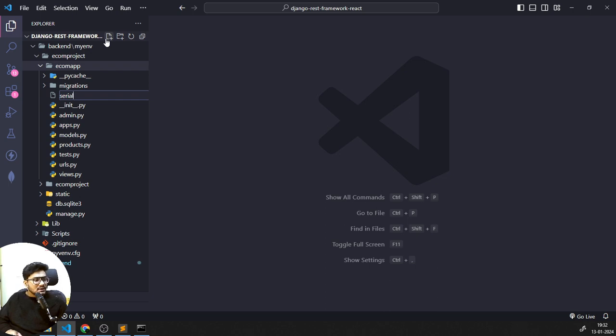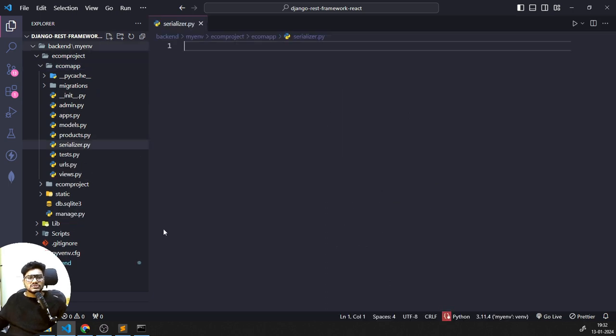What is the spelling, serializer? I get confused because I'm very weak at English and spellings, so I'm just going to look and type it. Okay, serializers.py file. We have created a serializers.py file where we are going to serialize all the product data and render it back. So from the REST framework,